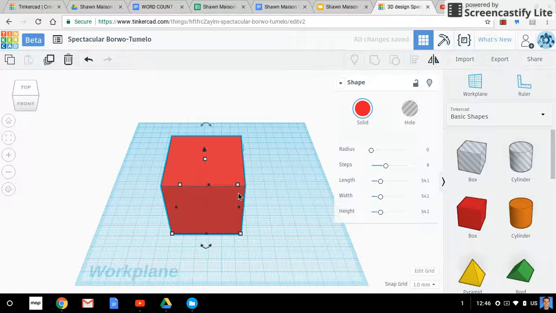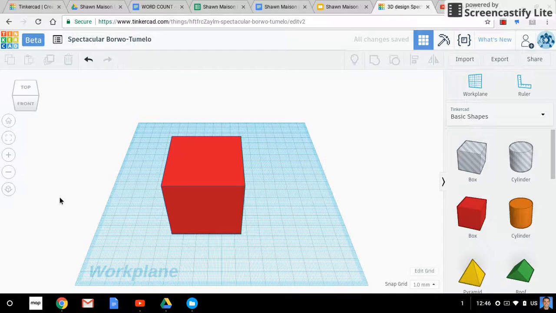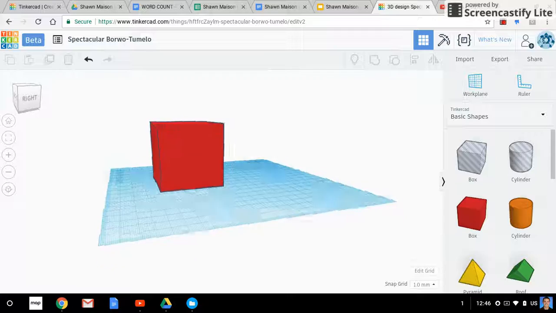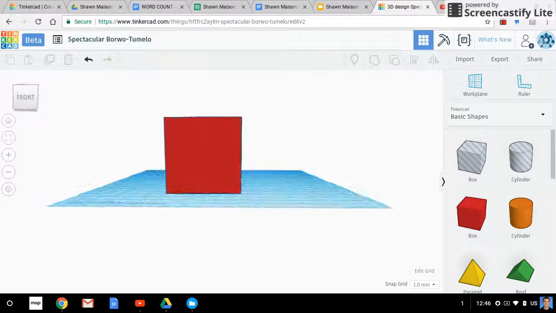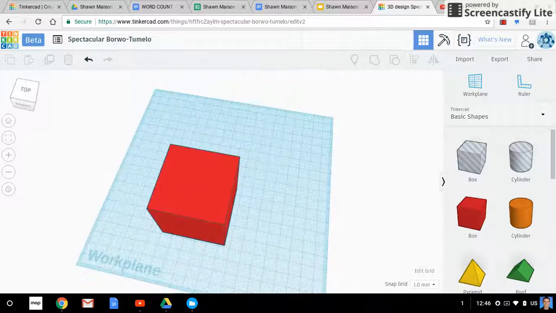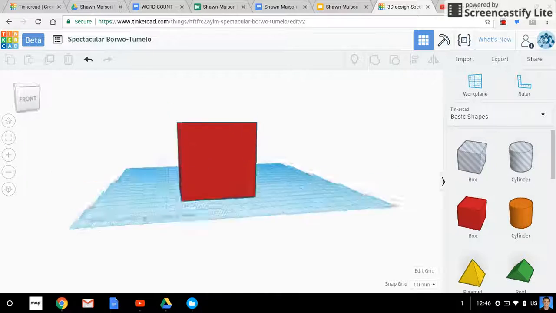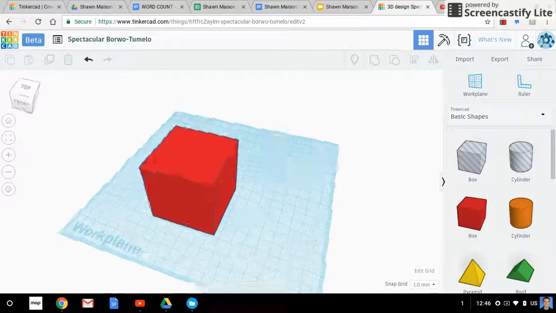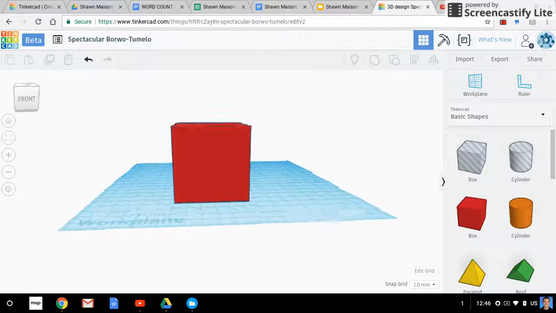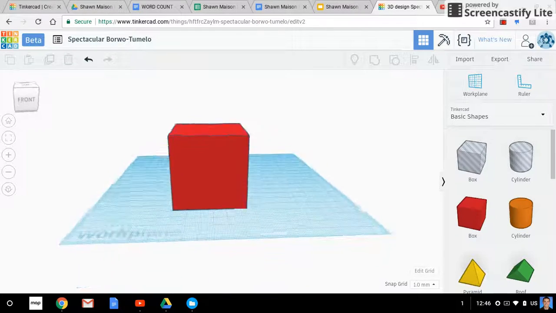So now I have a perfect cube, and it's big enough to where we can see it and fully understand what we're dealing with here. So this is just a cube. And if I were to download that, I could print a solid cube. No big deal. That doesn't sound very innovative or interesting to me, so I doubt it would be to students